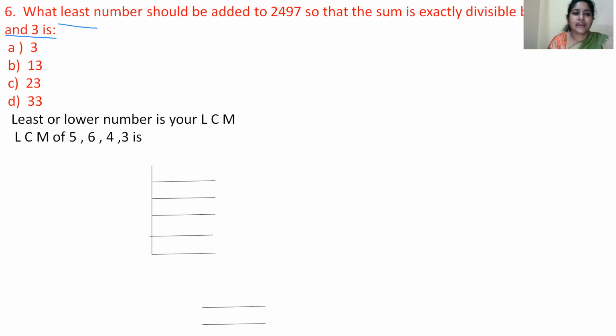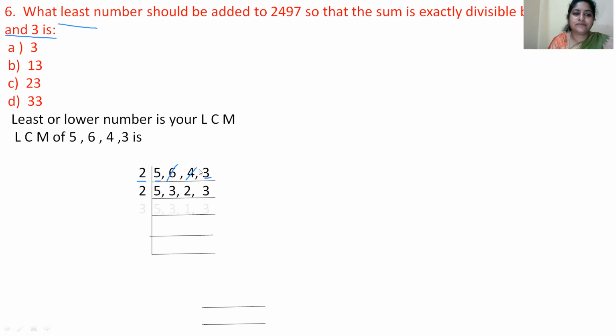I will tell you how to find it. Now first we have to write these numbers here, 5, 6, 4, 3, and we have to find the least number to divide all these numbers. So to divide these numbers, 2 would be the least number. From 2 we can divide 6 and 4. 3 and 5 will not be divided by 2, so we write those numbers as they are and divide in the next step.